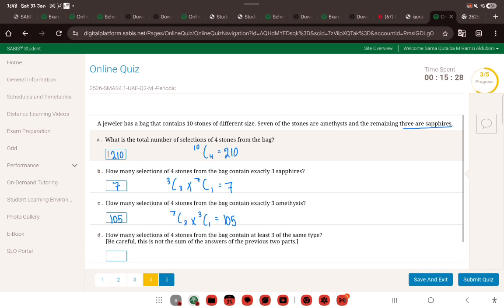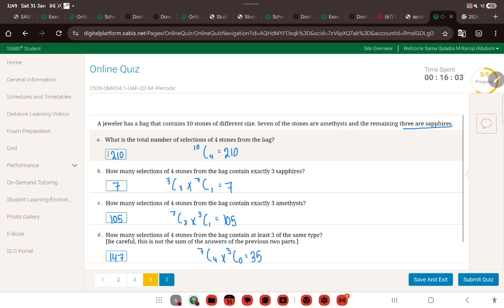So we can use part B and part C, but then we add to it an extra step. So we're choosing 4 from the 7 amethysts times 0 from the sapphires, in which we get 7 combination 4 times 3 combination 0, which is 35. And then now we can add them to parts B and C. So we do plus 105 plus 7. We get